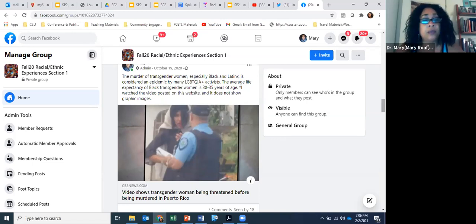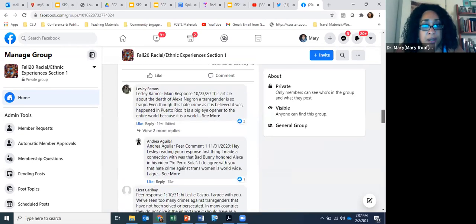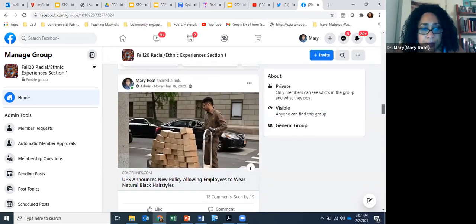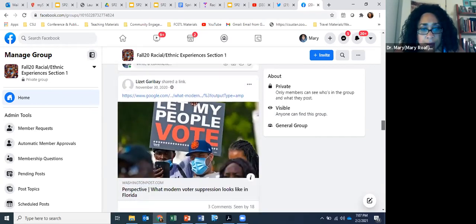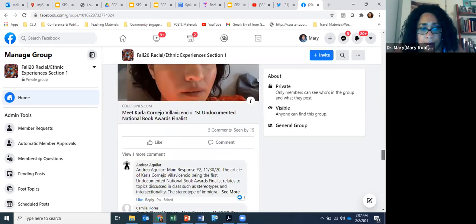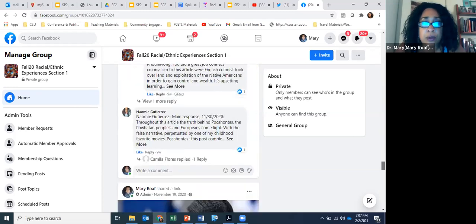So we'll get into that, looking at intersectionality. So as you can see, the main responses, the peer comments, and again, some of it is historically based, depending on what I find, to augment and supplement what we're learning in the course.